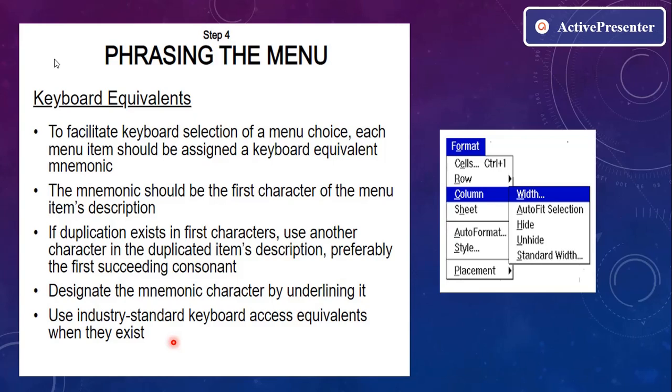You'll have a certain chart also. For example, in the case of about, A is selected as a keyboard equivalent. In the case of find, F may be used, or P may be used as a mnemonic, and S may be used as a mnemonic. These are a few examples of how the mnemonics are selected for choosing the right keyboard equivalent.